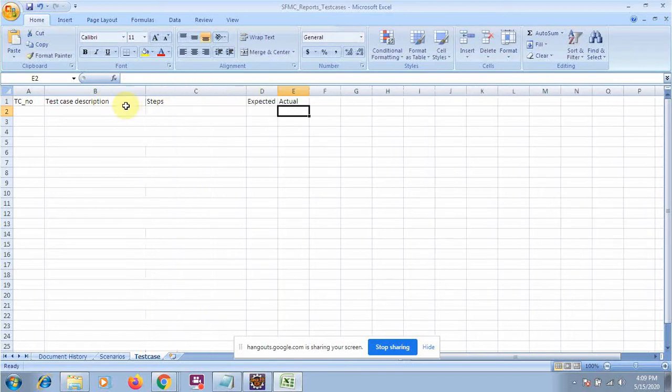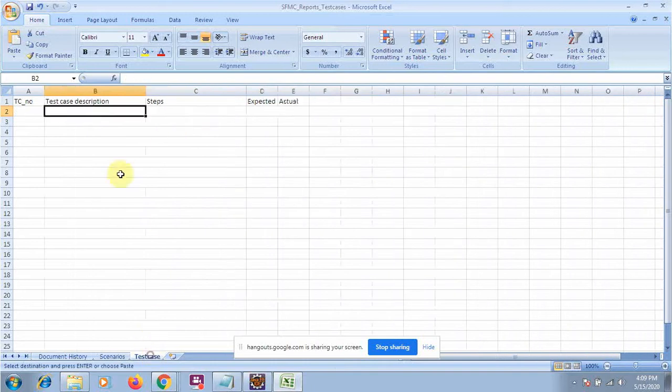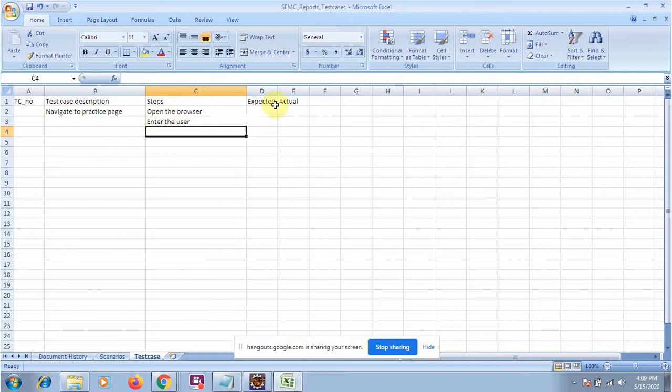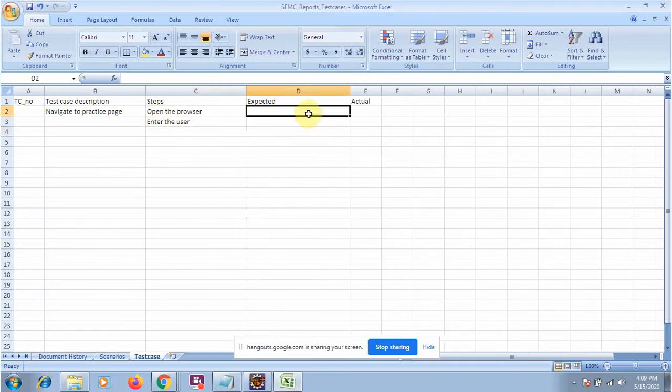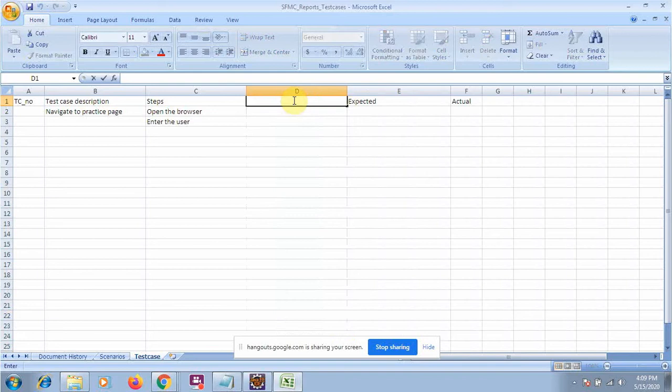Suppose this is my scenario, navigate to the practice page. My steps will be something like: open the browser, enter the URL, and all these things will be my steps. And this will be the result. And if there is any test data, I will enter the data. So this is the kind of manual test we do.